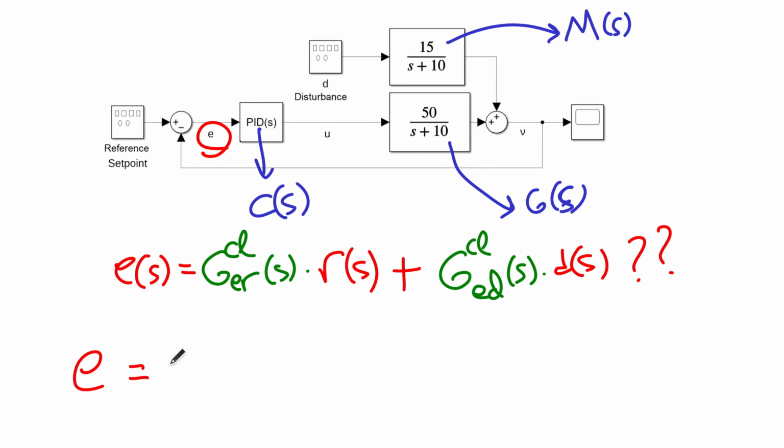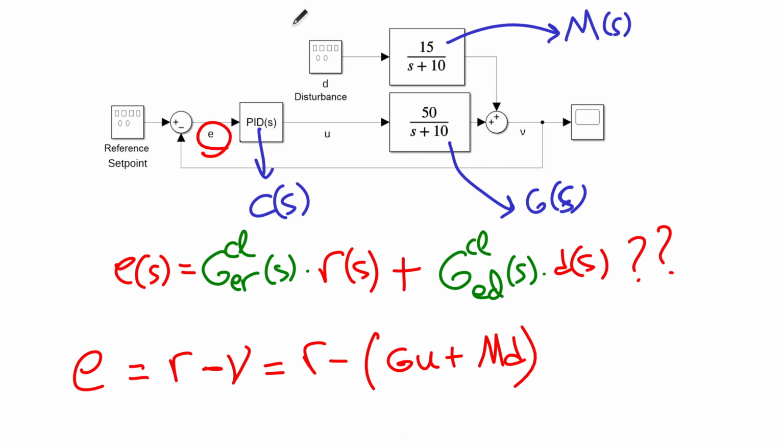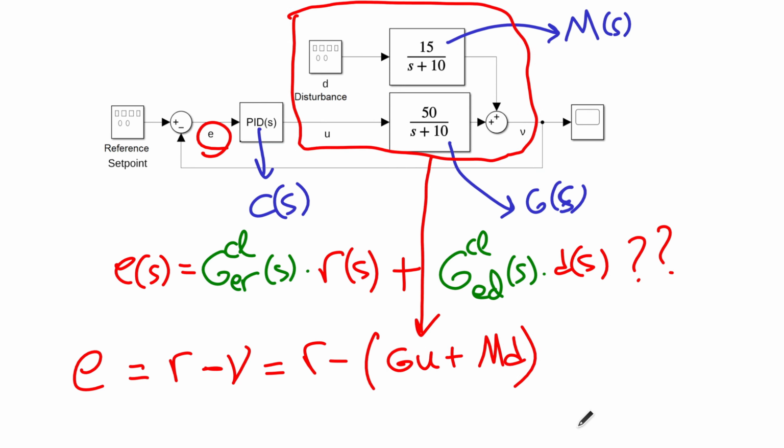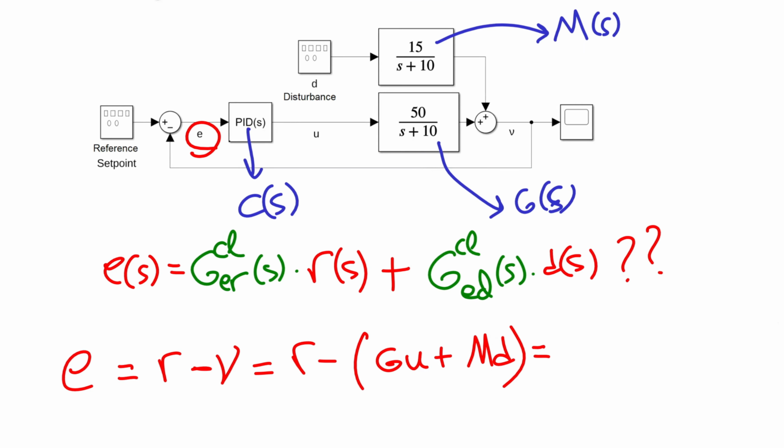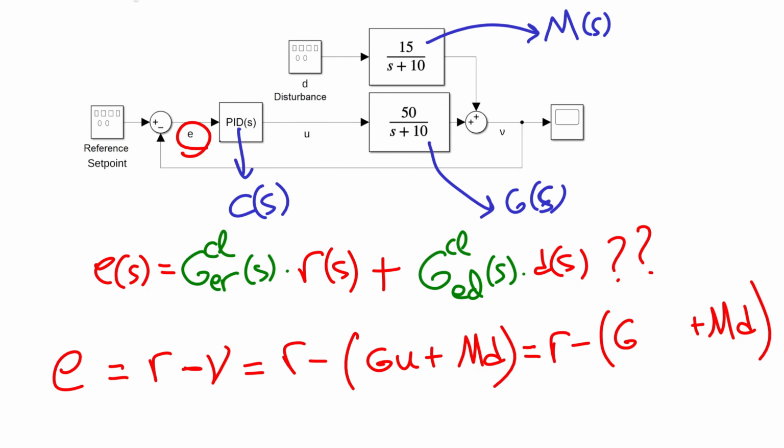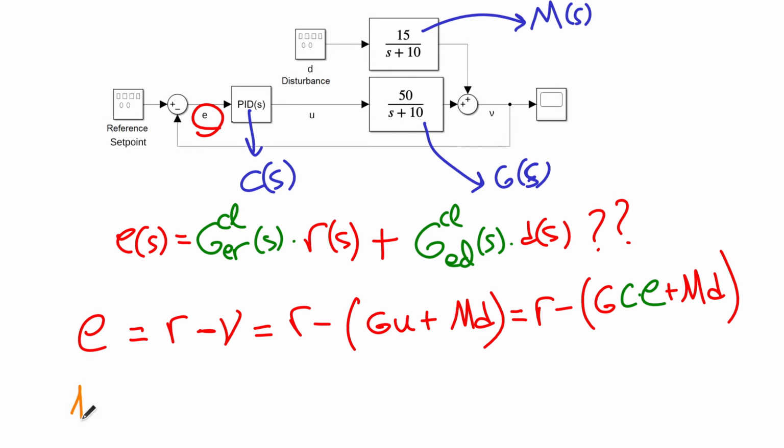The error will be reference minus the measured speed, which will be reference minus GU plus MD, by replacing that sub-block diagram into the control action. The control action will actually be the controller C times the error. So now we have all the ingredients to solve for the error, because 1 plus GC times error will be